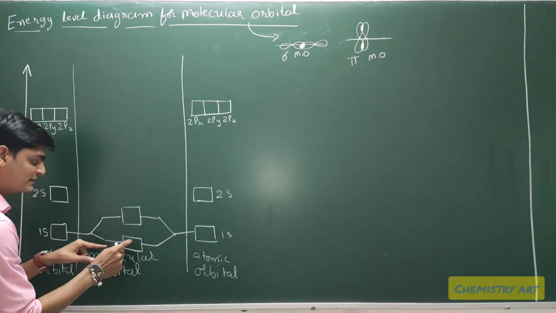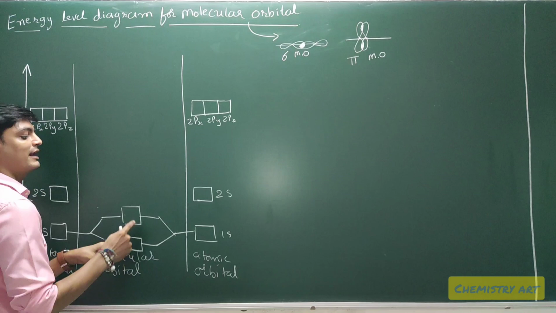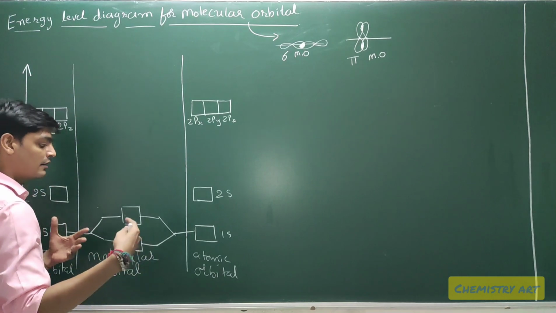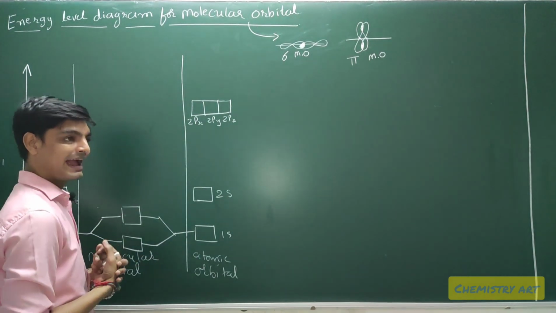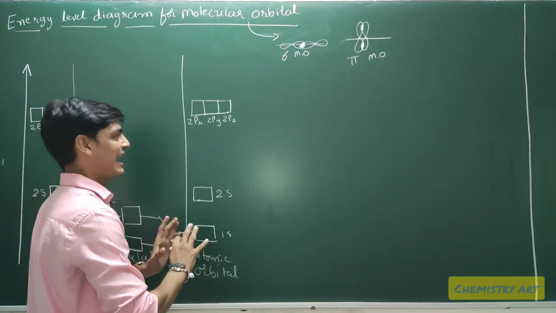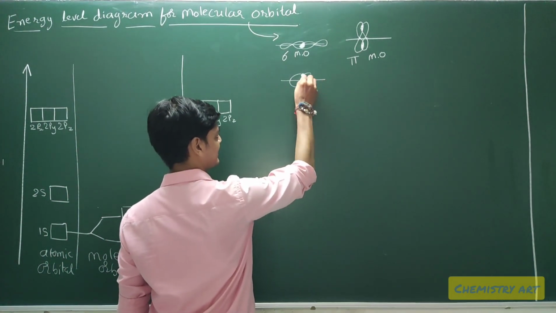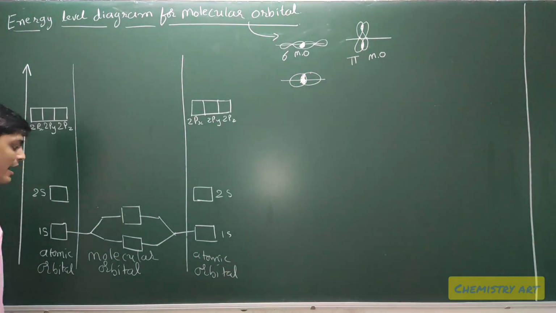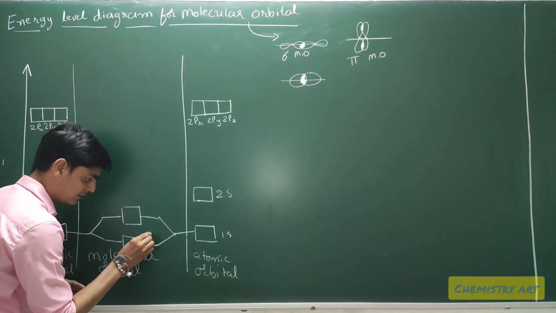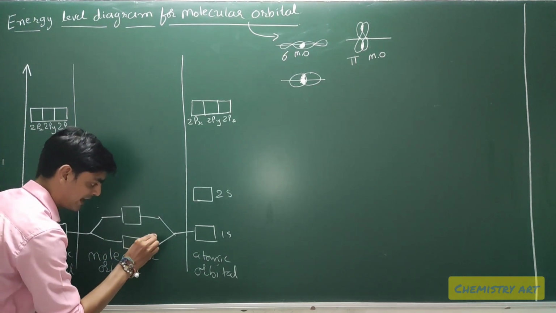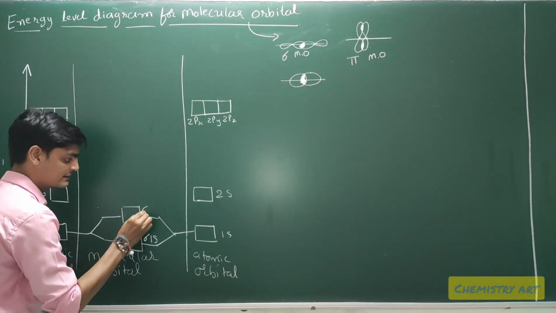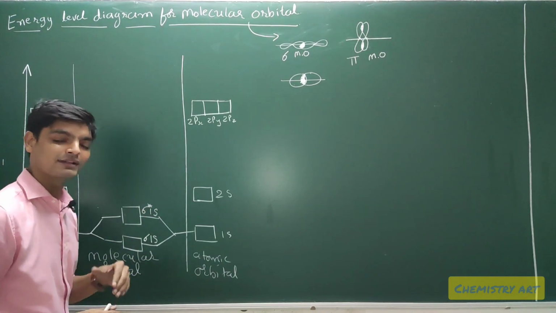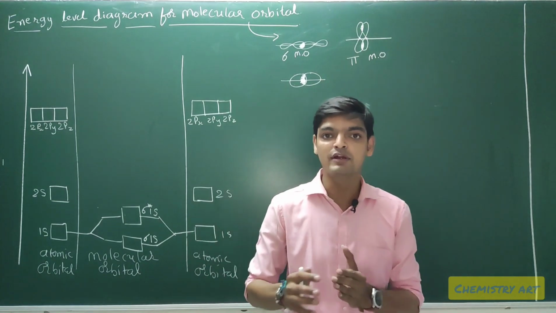Okay, so this is the bonding molecular orbital and this is the anti-bonding molecular orbital, but they are forming a sigma bond, with overlapping like this, end to end overlapping we can say. Here are the s orbitals, so on the axis I can represent it like this. This is the s overlapping on the axis, and they are forming a sigma bond. So here this one is sigma 1s and this one is sigma star 1s. Star we are representing for the anti-bonding molecular orbital.